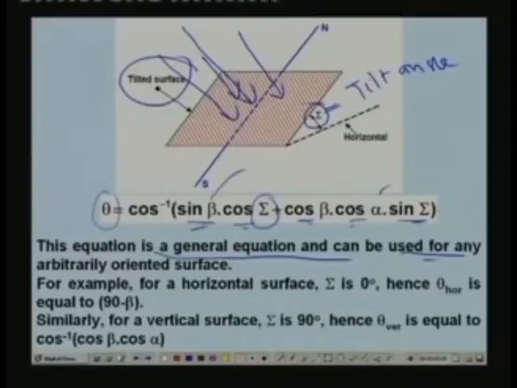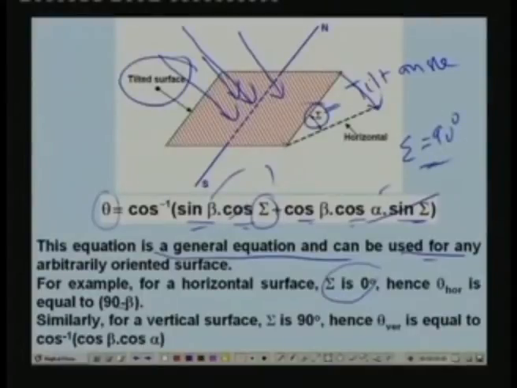For example, for a horizontal surface, this tilt angle becomes 0, right, because this coincides with this, it comes here. So sigma is equal to 0. Once sigma is equal to 0, this vanishes and this becomes 1. So you will find that theta is nothing but 90 minus beta. Okay, so this simplifies down to this expression,